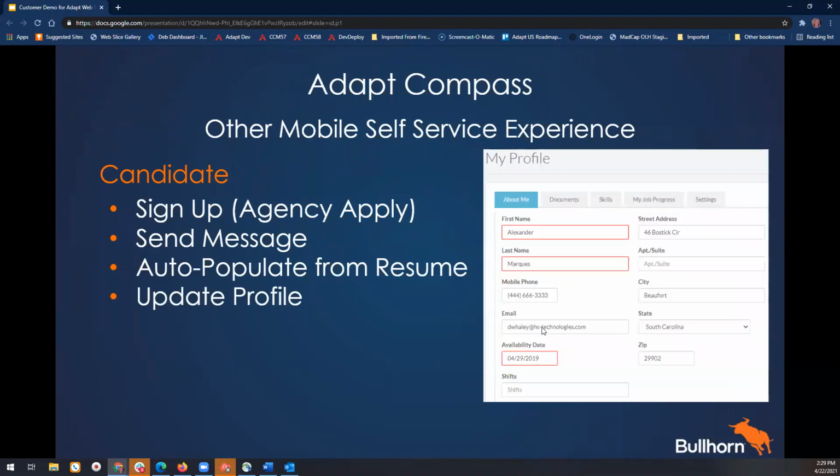They also have the ability to update their profile. And so this would be the basic contact information. Again, there's also the ability for them to update their resume here, put their most recent resume, update skills manually, view jobs that they have applied for. And then there's some settings. The settings here,